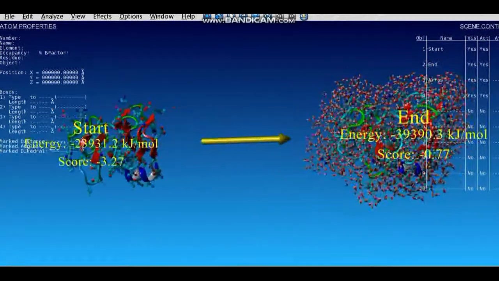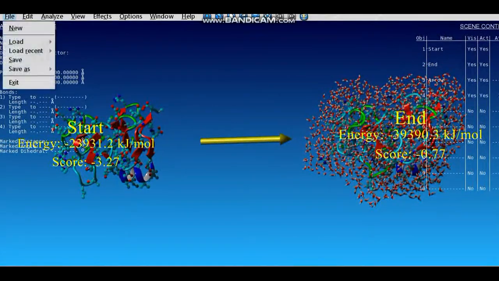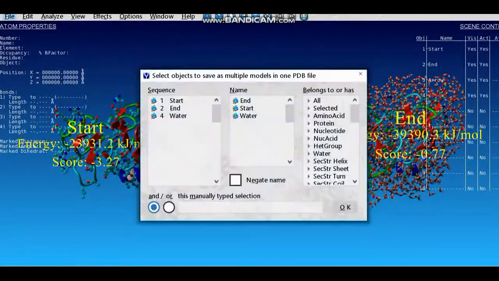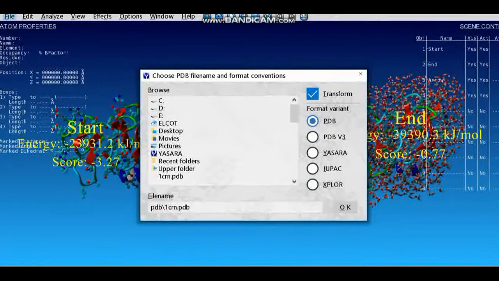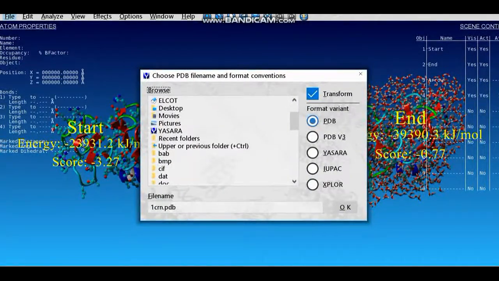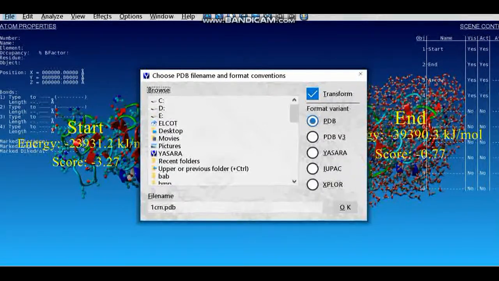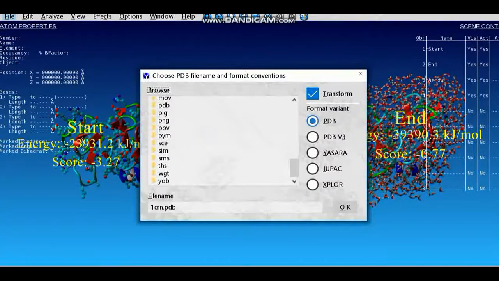Once you have viewed it, you can save this file as a PDB file. Save the end protein, okay, in the C drive, in the same Yasara folder where they have given a file.